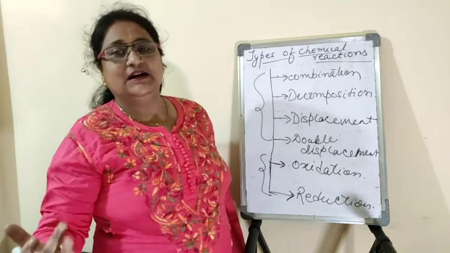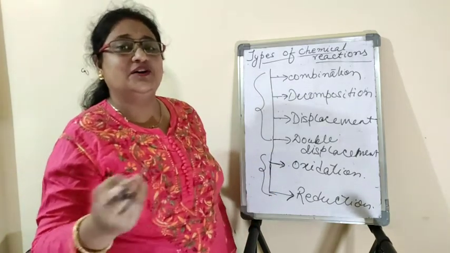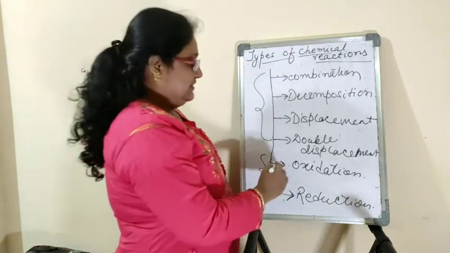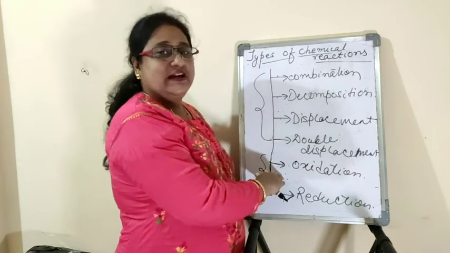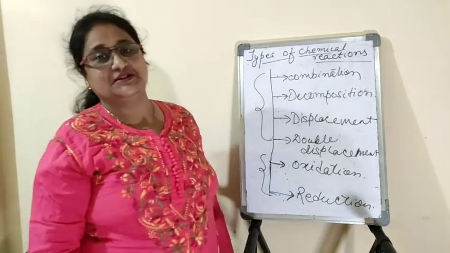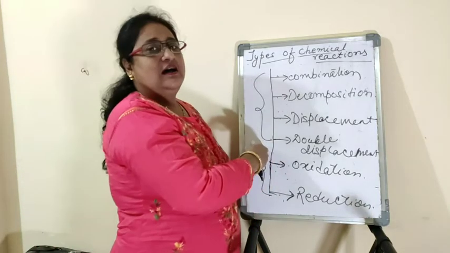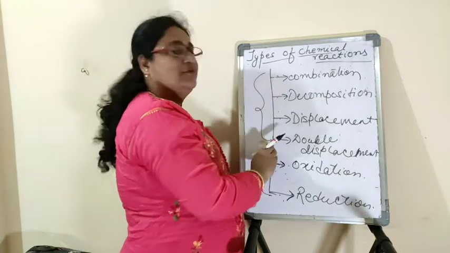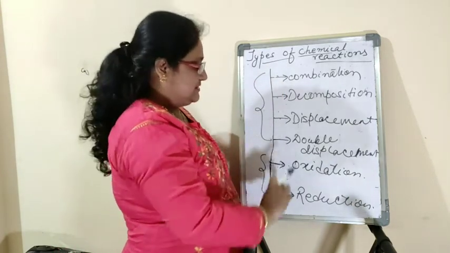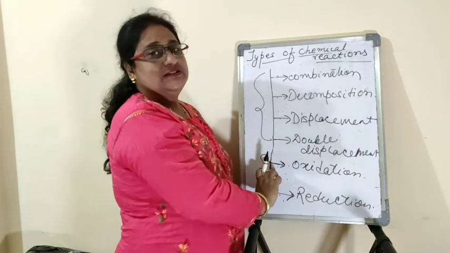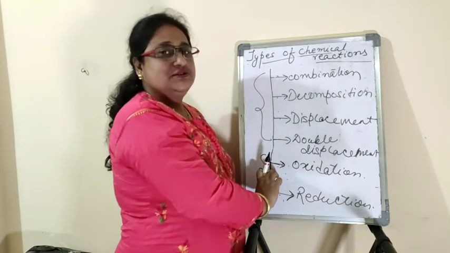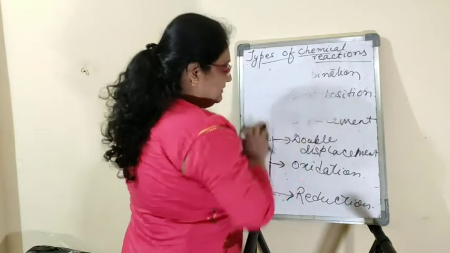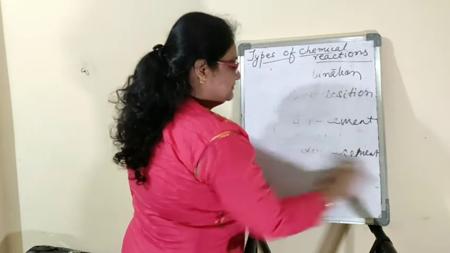the transformation of the product from the reactant in accordance with the transfer of electrons of the reactant present in the reaction is known as oxidation and reduction. So in these 4 chemical reactions, the product and the reactant are what matter, and in these 2 the electrons are very much responsible for the reaction happening. Okay. So first I will take the first one, the combination reaction.